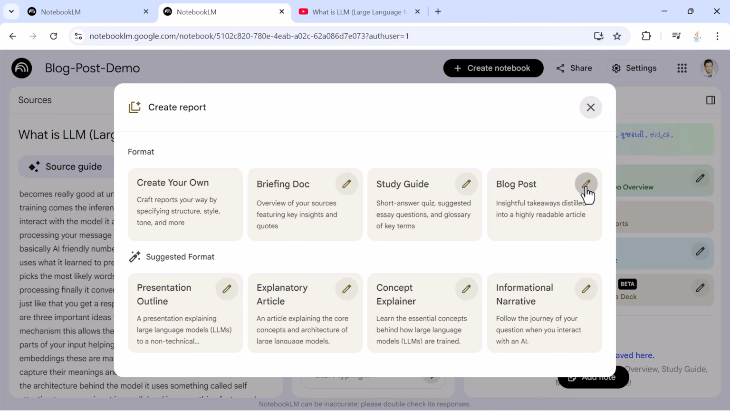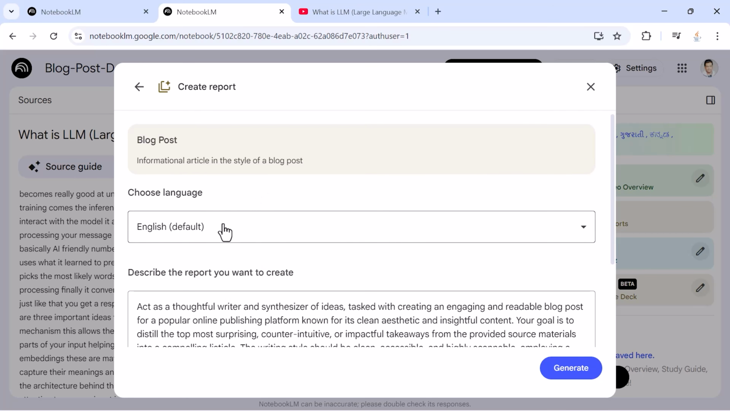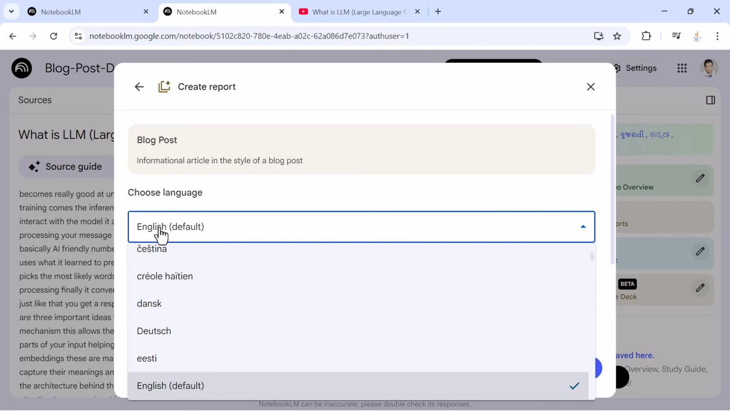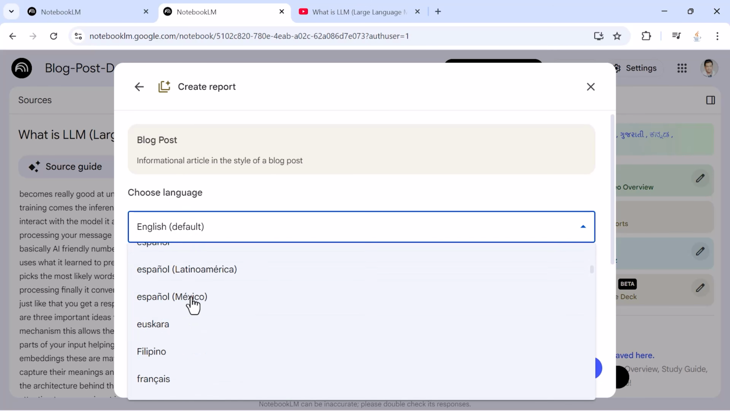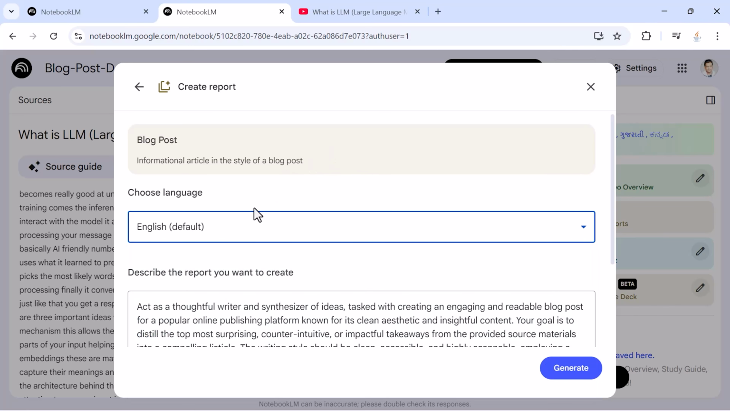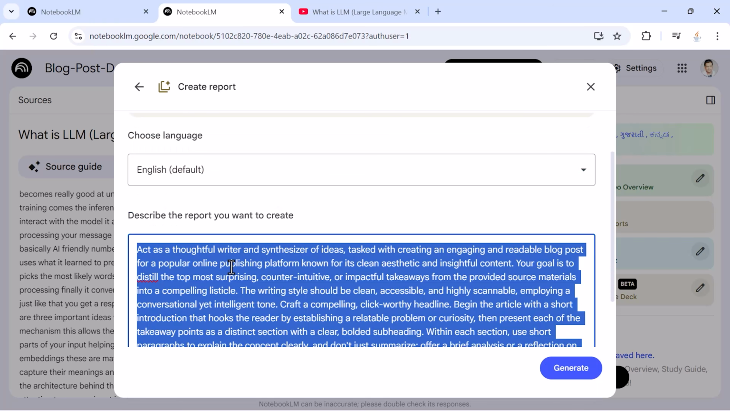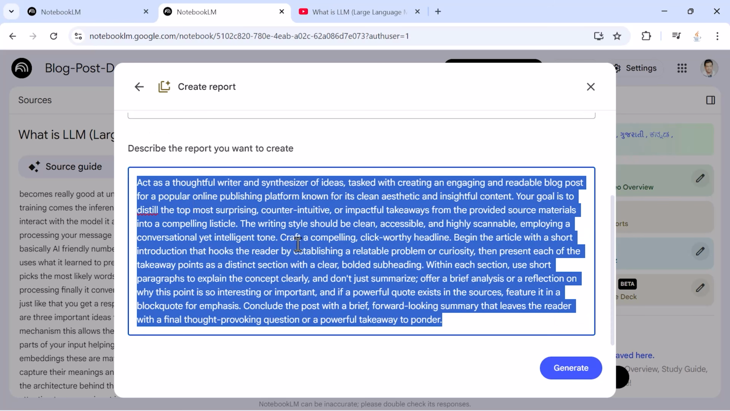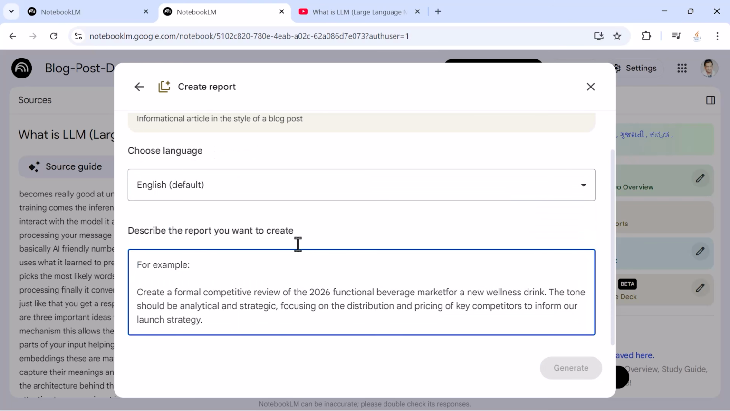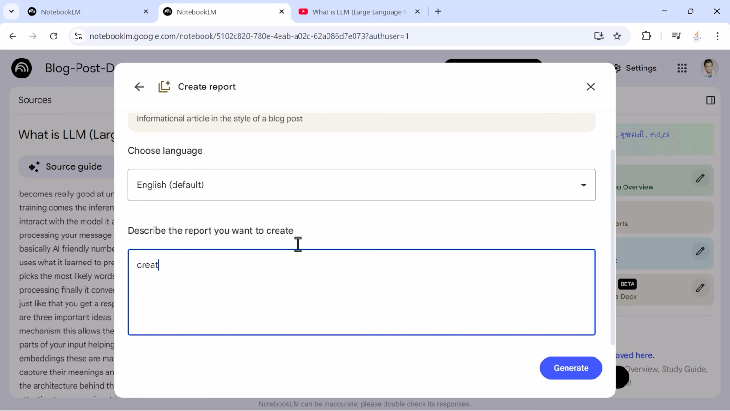So just click on this pencil icon, and from here we can customize the blog post. For example, you can choose the language for the blog post. By default it is English, but you can choose other languages as well. And then here you can give the custom prompt. By default it is provided like this, but we can give our own prompt like create a blog post for